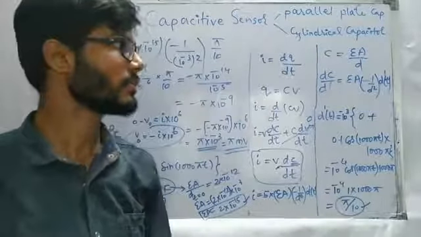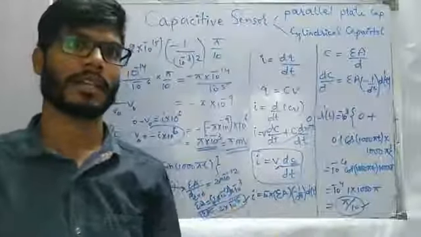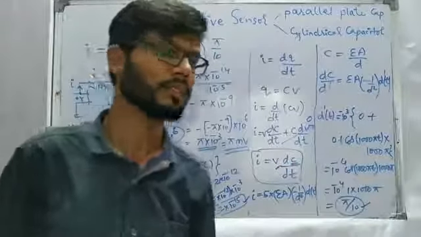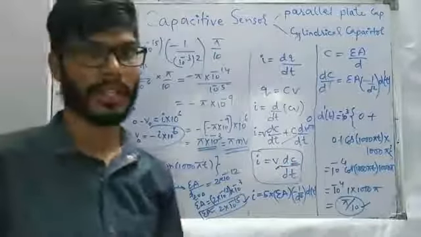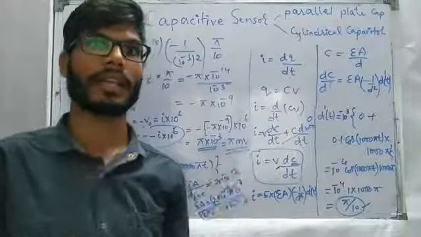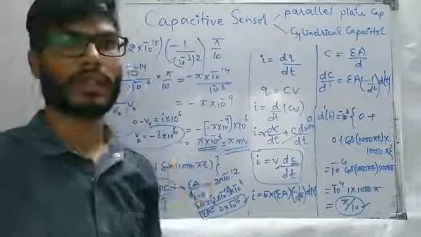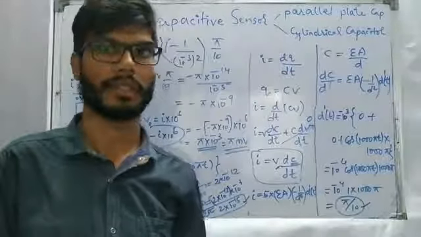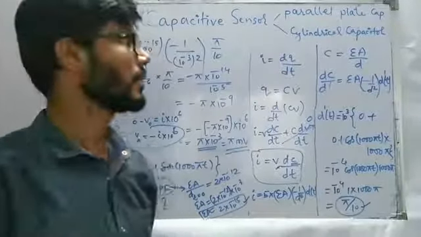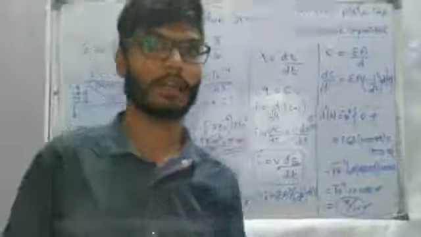And this particular system also, I talked about data acquisition system in the previous classes. So this is also an example of data acquisition system where we are collecting the data of the pressure applied on the microphone as a voltage output. So we are making use of it. So now we'll proceed further with the cylindrical capacitors also.